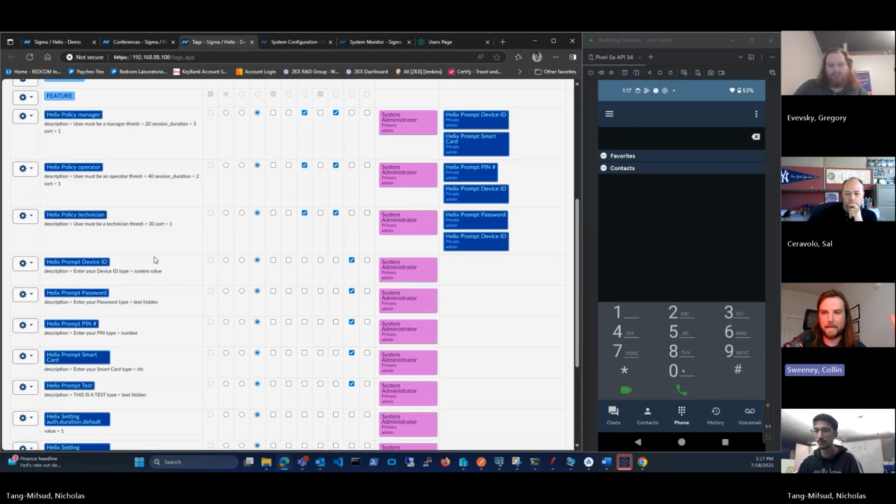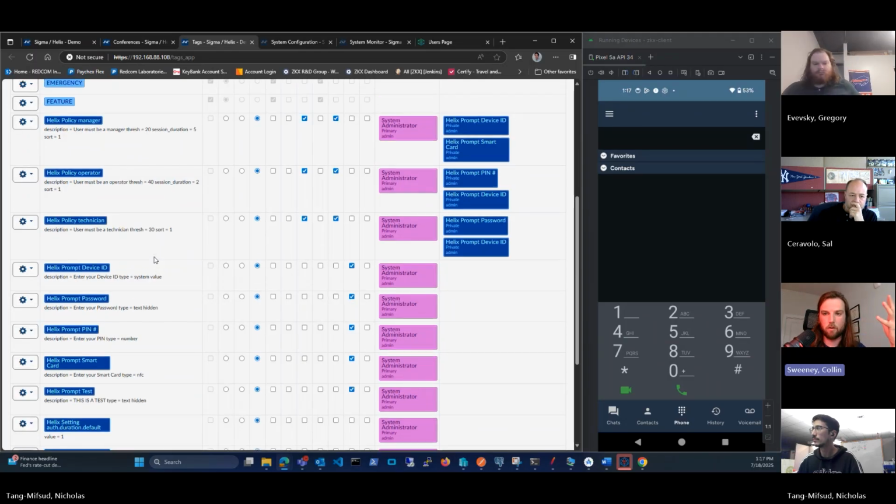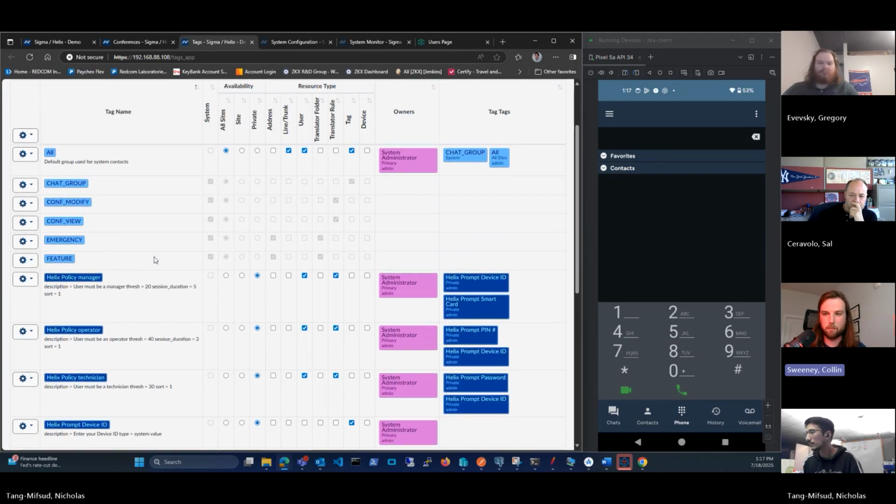They don't want to learn how to use Active Directory, which is another database integration that we support. They don't want to learn how to use the native Helix backend UI. They just know Sigma and they don't want to learn anything else. We can enable them, and for other platforms like Sigma, to use that native UI they're used to, to administer and deploy Helix in a way that fits the requirements for the organization that's using Helix to step up its security